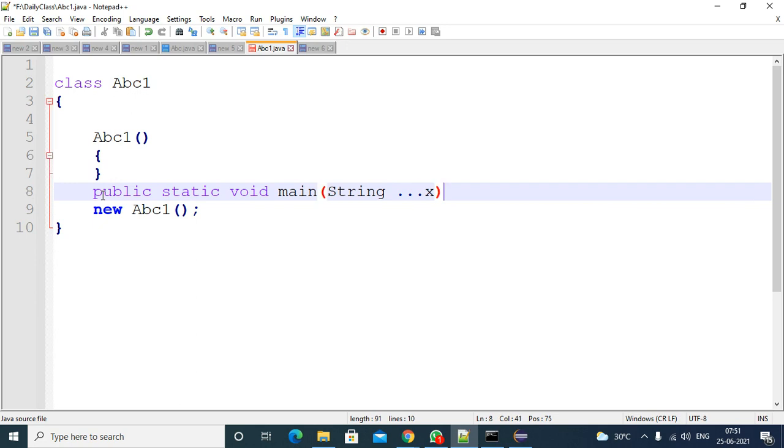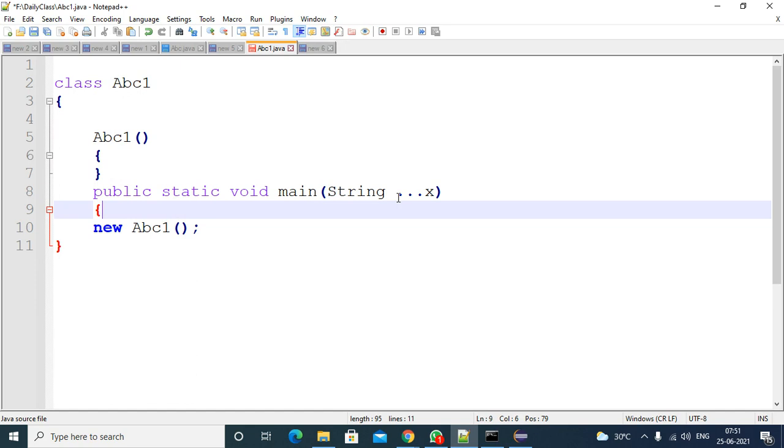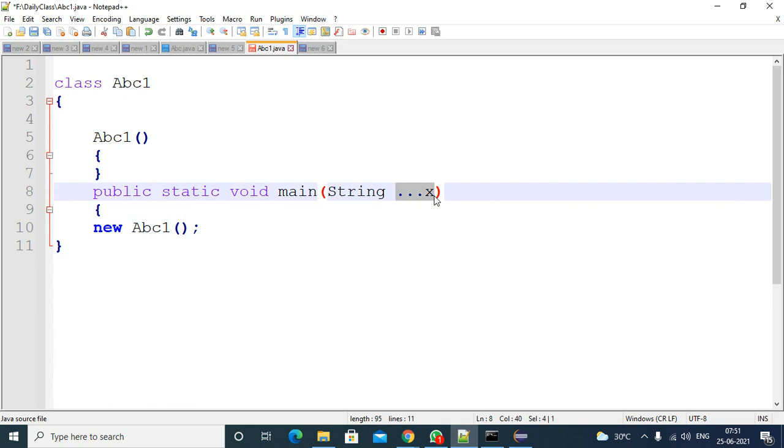So this is also valid. I already showed you at the time of the main method explanation. This is called varargs type. In place of a single dimensional array, you can apply varargs type, no problem. I already told you, instead of public static, you can write static public also. So I covered all these points.